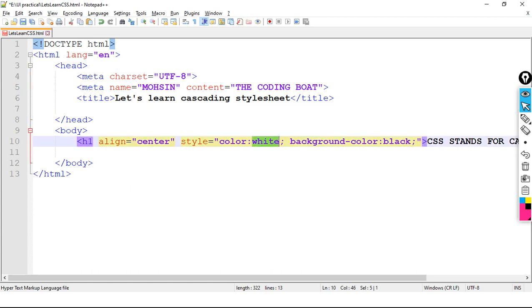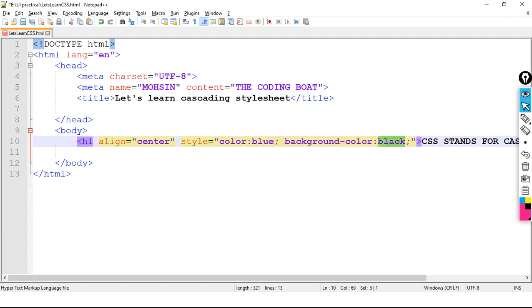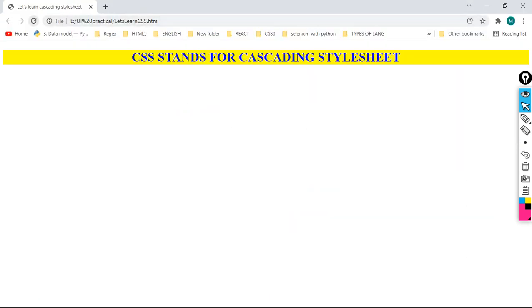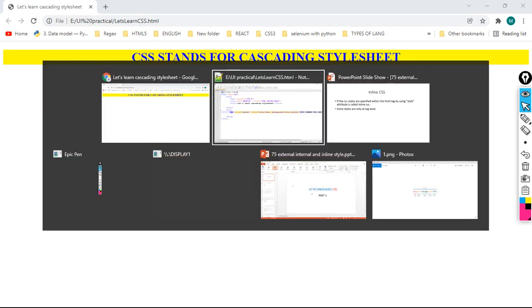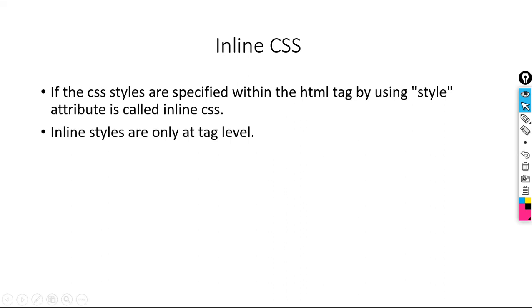Now I am changing color to blue and background color to yellow. Save the code, refresh. Inline styles are only at tag level.